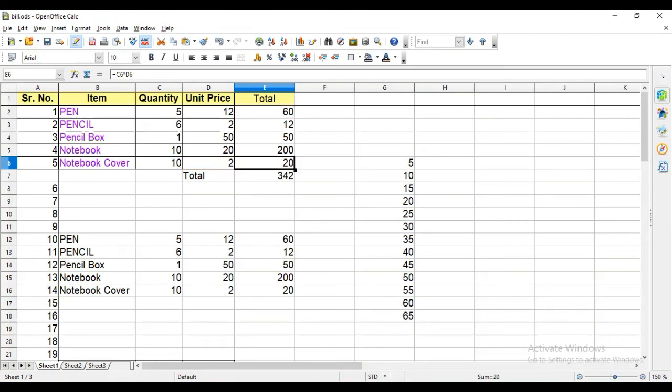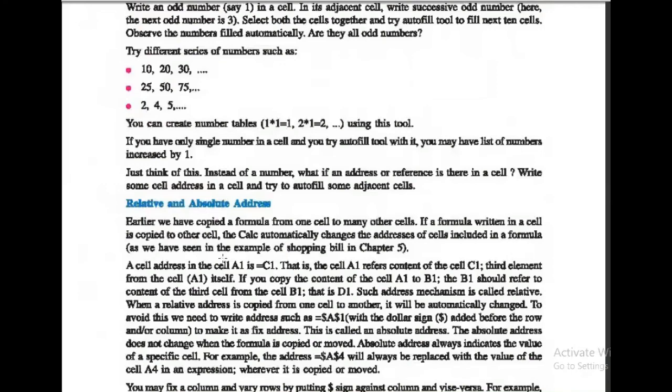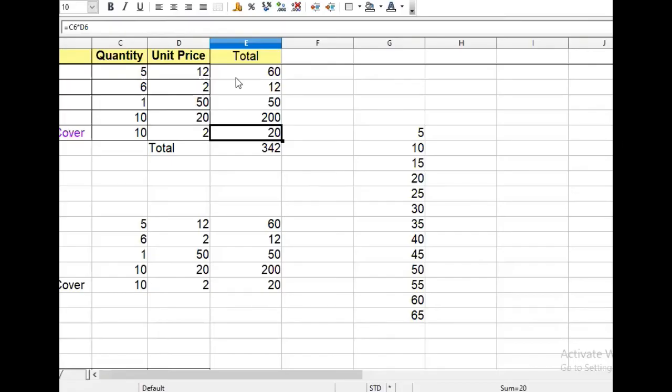Now, what is absolute? There is another term, that is absolute address. So let's see. To make it absolute, for example, this quantity, every time I want to make it 5 here, and the unit price will change, and the unit price will be multiplied by 5 every time.